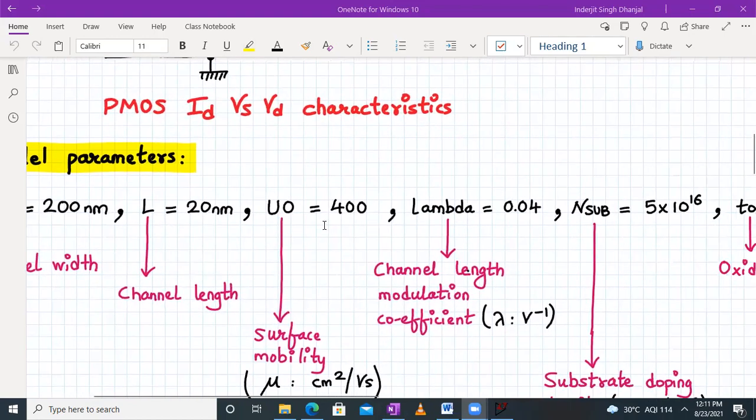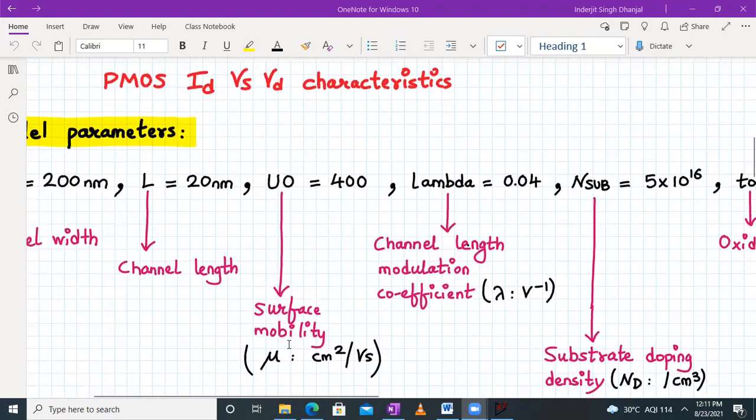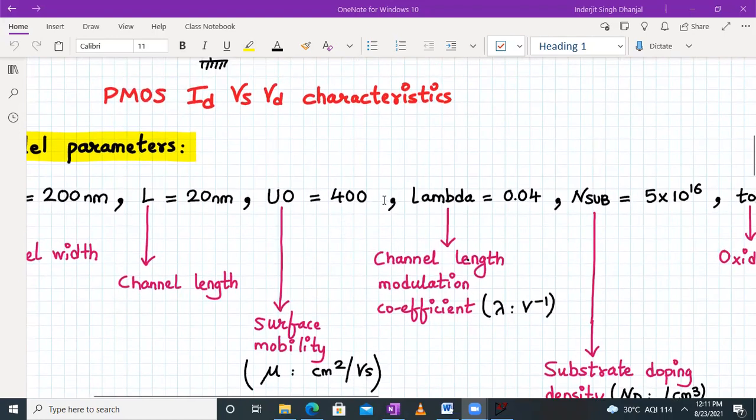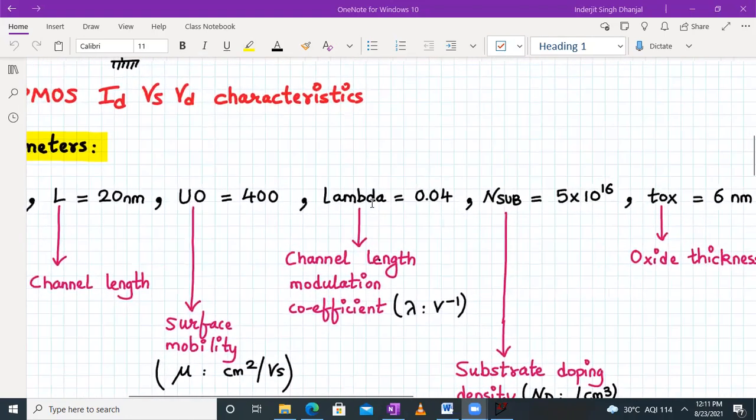Then U0, which is the surface mobility given by mu, its unit is centimeter square per volt second, and it's around 400 centimeter square per volt second by default. Then we have lambda, which is the channel length modulation coefficient. Its unit is 1 upon volt, and its value we are taking as 0.04.